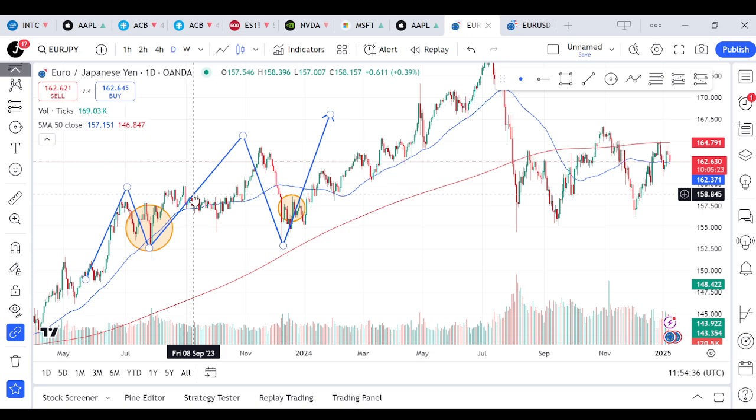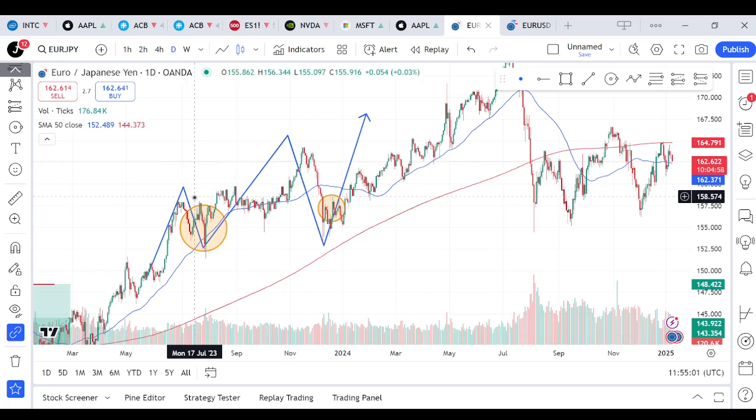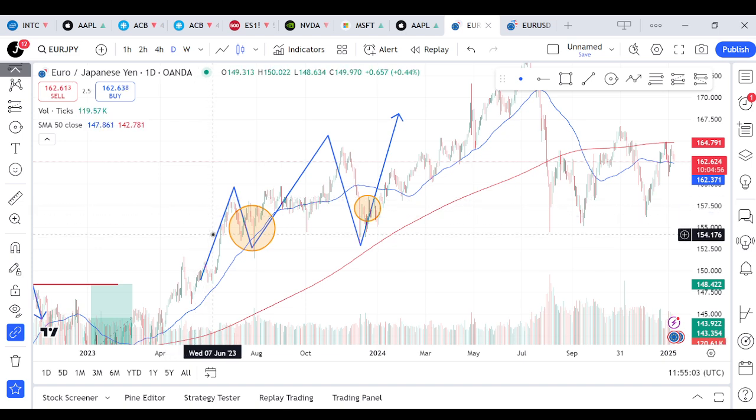and 9 a.m. GMT. You can also trade during the European session, which is from 7 a.m. to 4 p.m. GMT, and this is particularly important when trading EURJPY. This is when major European financial centers are active and key economic data from the Eurozone is often released. So pay close attention to announcements from the European Central Bank during this time, as they can significantly impact